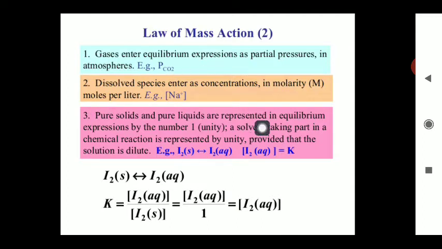So in this way, if you want to express these values, the following concept we have to use, and examples are given. This I2 generation and this I2 generation can also be found out in this way, and this K is equal to I2 concentration upon I2 solid concentration, or you can say I2 upon I concentration, and this is a simple way by which the equilibrium constant K can be found out in terms of the given equation.